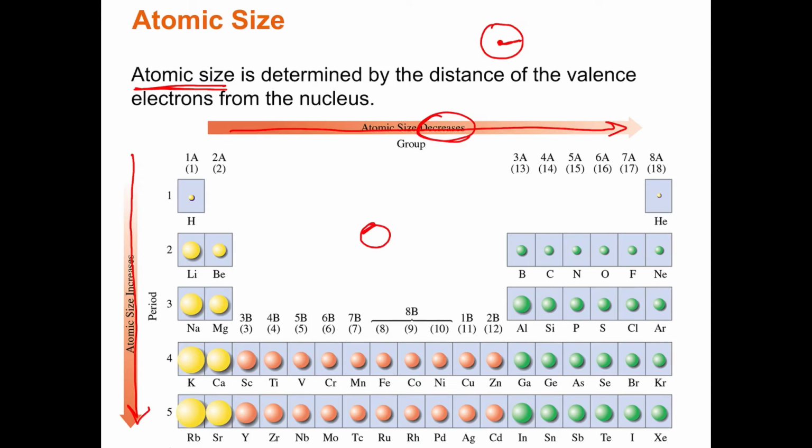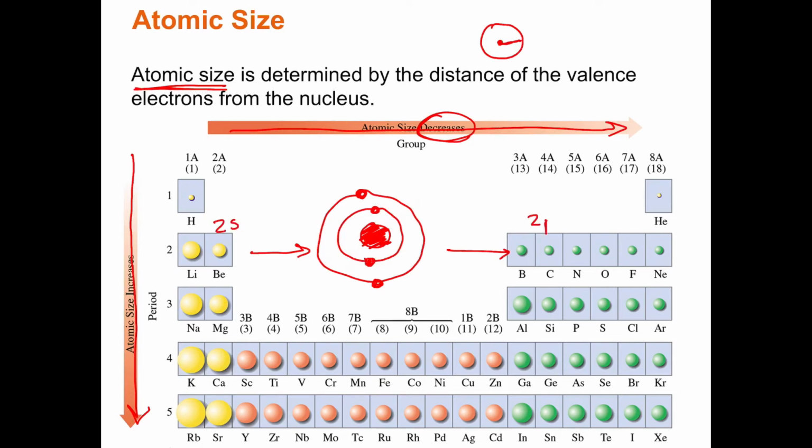So if we think about, I'm going to draw, this is my nucleus for now. And let's say we're looking at beryllium. Beryllium has 2 electrons in the first energy level, and it has 2 electrons in the second energy level. Well, as we go to the right on the periodic table, we start adding more electrons to that same energy level. We're still adding electrons to the same energy level because this is the 2s, and this is the 2p. So we're adding another electron here to boron, and then this would be carbon, and then nitrogen, and oxygen,